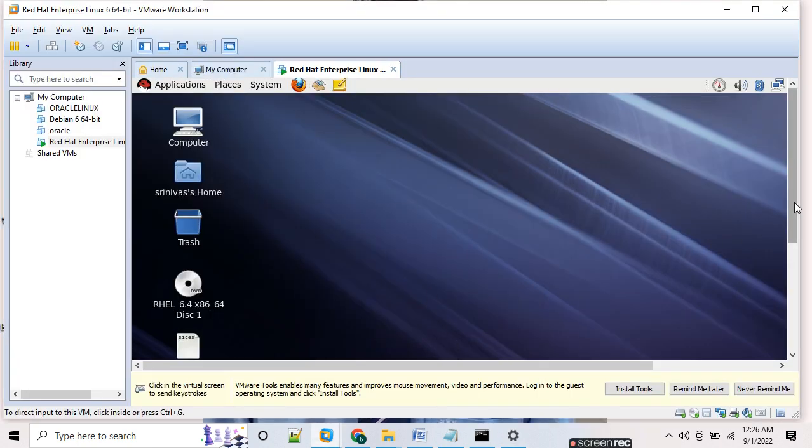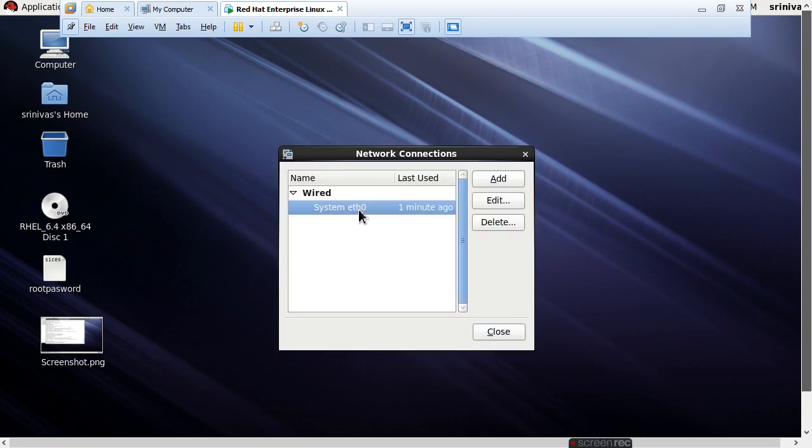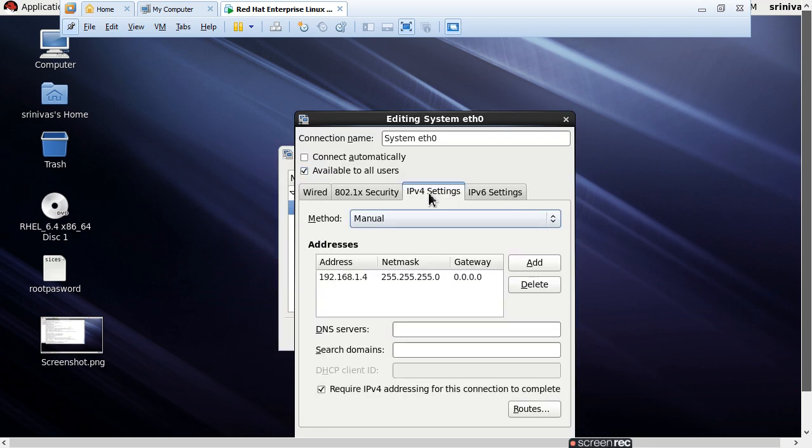So when you go to the Linux machine, you can set the IP address of our Linux machine manually also. So go to this section where our arrow mark is there, click on it. You can see the edit option will come here. When you click on that, you can select the Ethernet, that is the interface card. You can select the edit options, IPv4 setting. We can manually set the IP address. By default it is DHCP, so we are setting it manually to